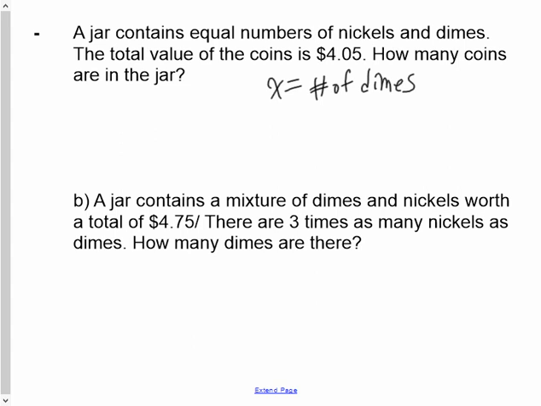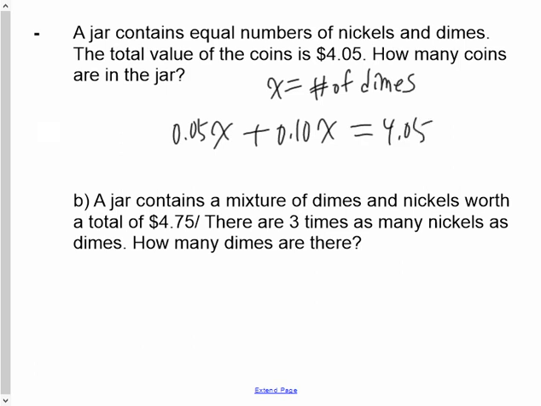The value of the nickel is 0.05, and if I multiply that by the number of nickels, plus 0.10x, since x is the same number in both cases, we're going to have 0.05x plus 0.10x